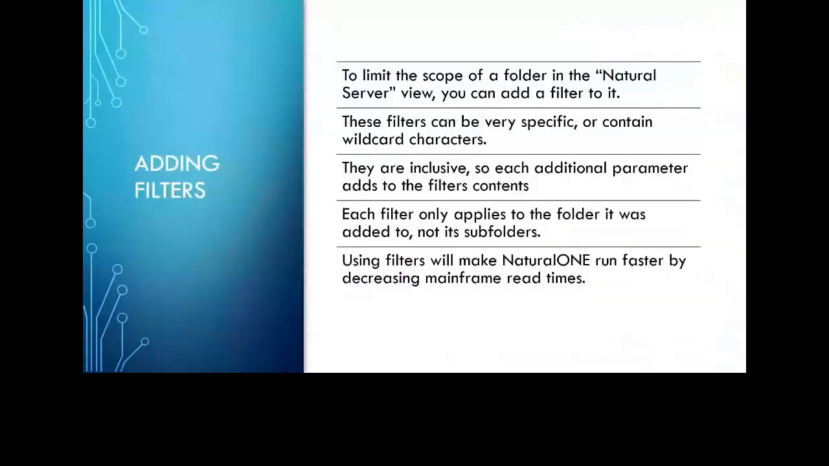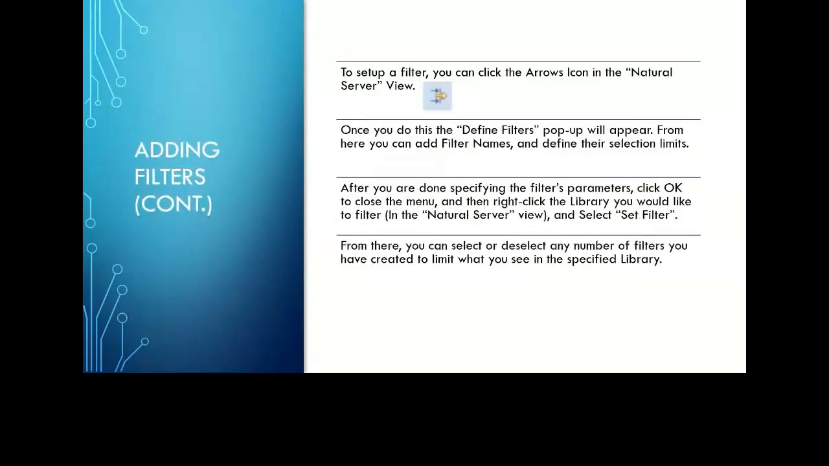All right, adding filters. So once you have your servers mapped, you can add filters so that you don't see all of the folders, all of the subfolders. You can add these filters to every level of your environment. And these can be very specific or contain wildcard characters. They're inclusive, so when you create one, it is a list, and you can add more things down. You can add as many filter things to the container filter, basically. You will see on the next slide what it looks like. And each filter only applies to the current level, not its subfolders,